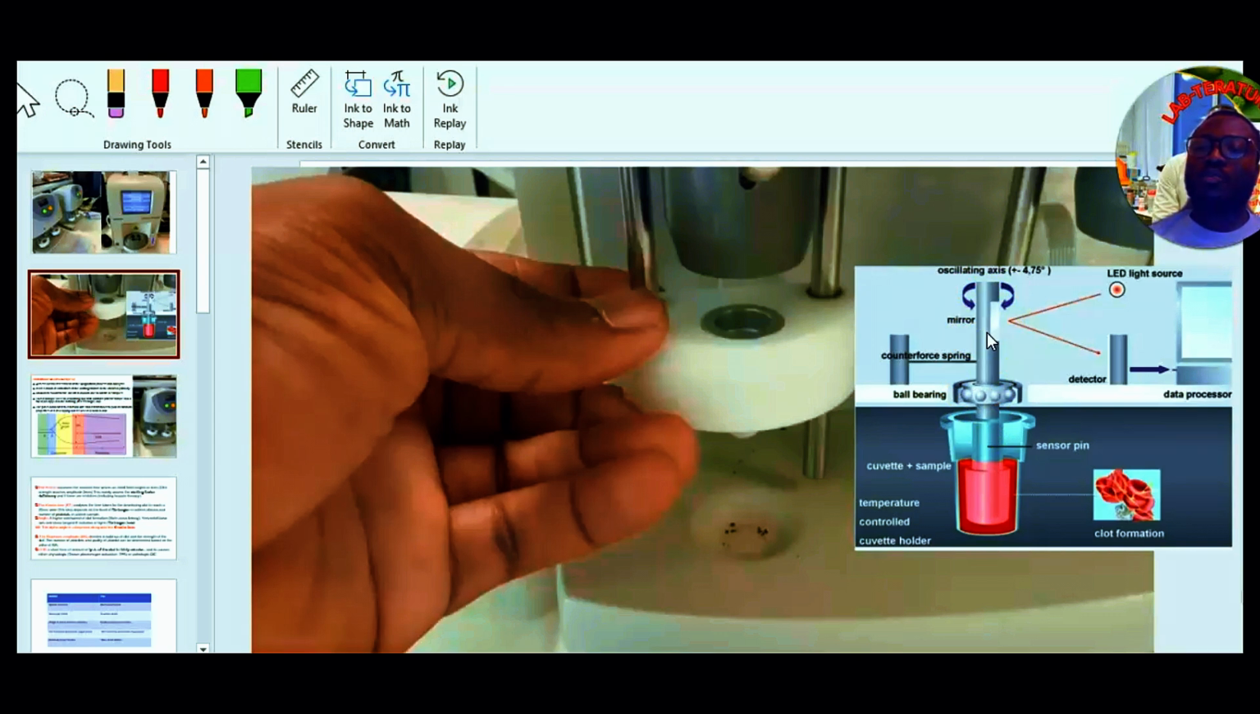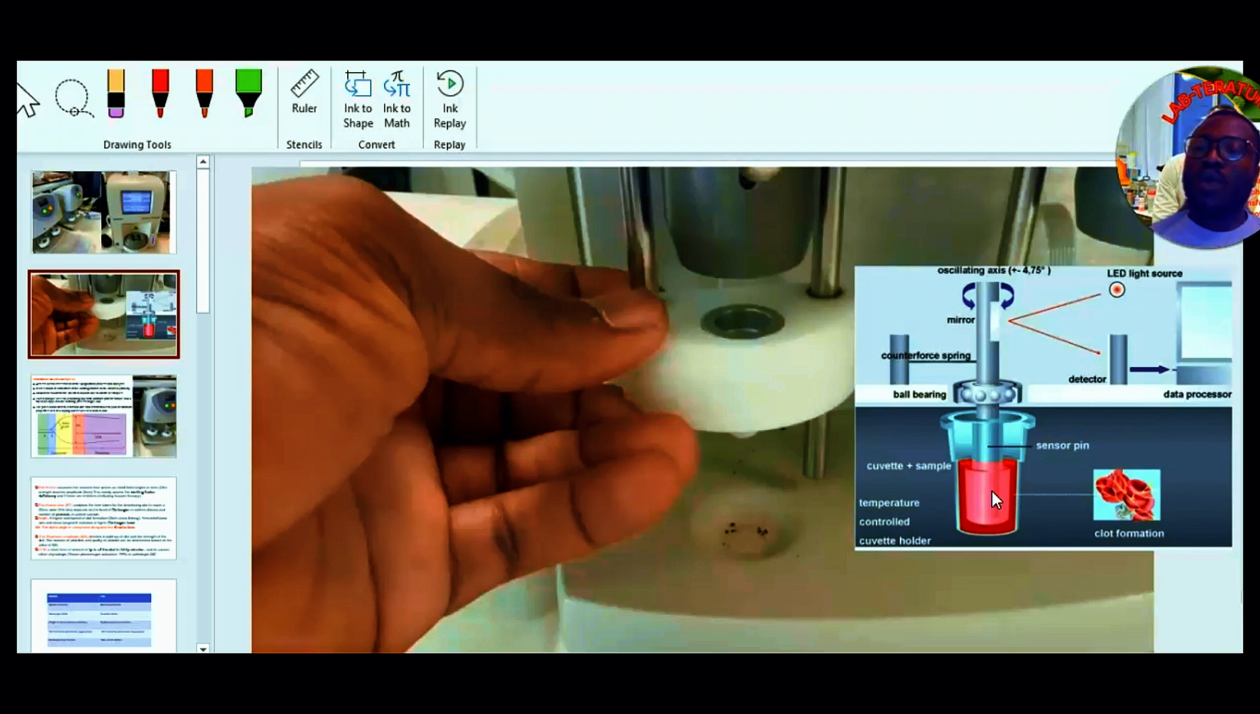The pin does not move, but this cuvette rotates within its sitting area. That is the only difference. So, explaining ROTEM with this diagram, there is a light emitting diode that is directed onto this sensor axis or pin, and the light that will pass through onto the sample through this probe or pin will be interpreted on a graph, and it gives a diagram